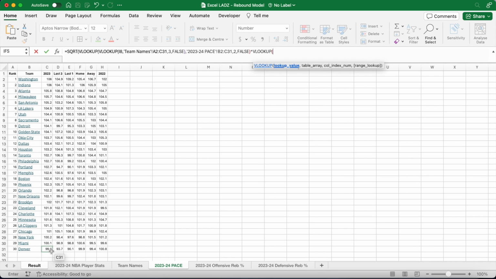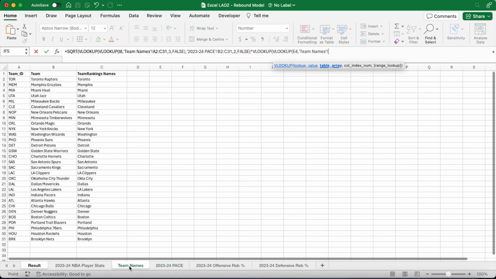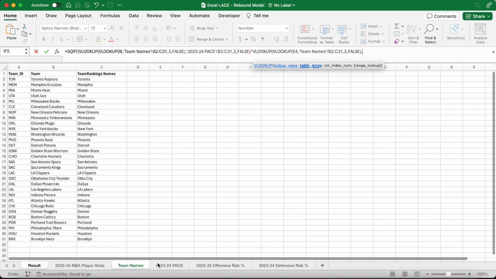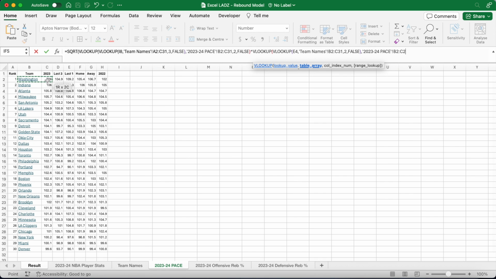I'm then multiplying this by another VLOOKUP function within a VLOOKUP function. My lookup value is E4. The table array is B2 to C31 in the team names worksheet. And then I want to grab the second column of that, that's the team rankings names, and put in false, close the bracket there, comma. Now the table array for the original VLOOKUP function is the B2 to C31 range in the pace worksheet, comma 2, comma false. Close the bracket twice there, and then divide this by a VLOOKUP, and then a VLOOKUP within this,